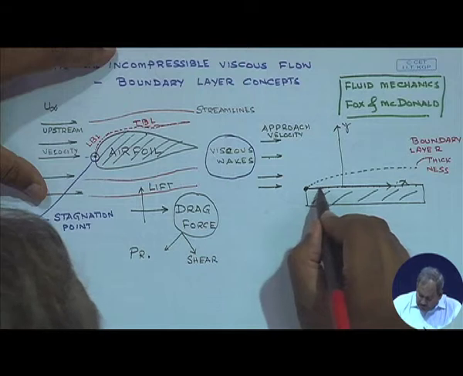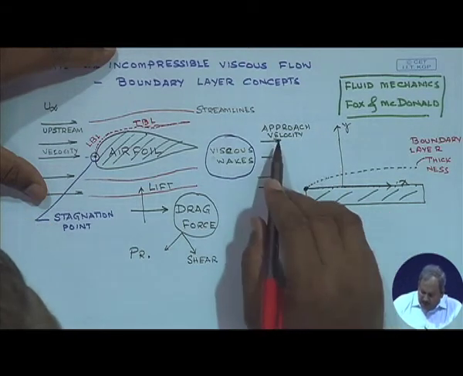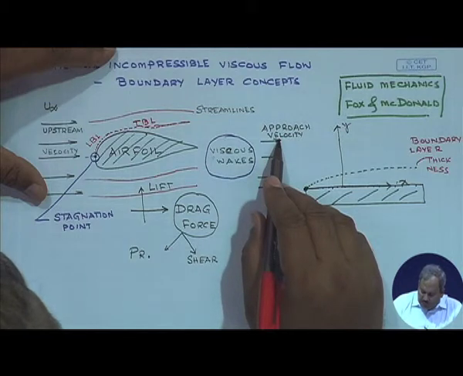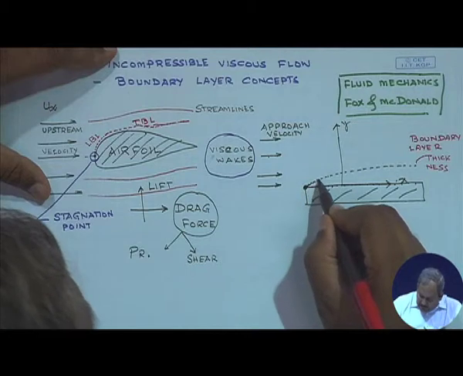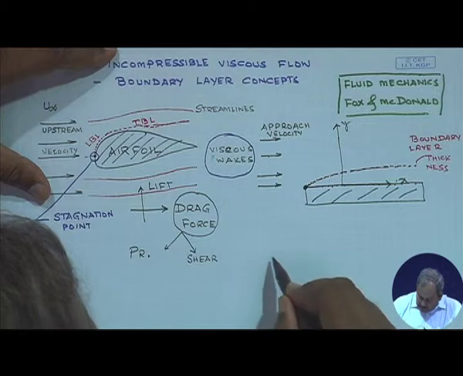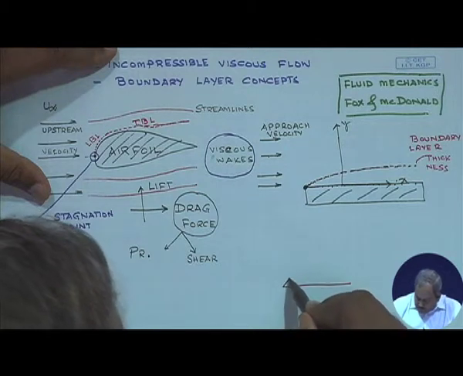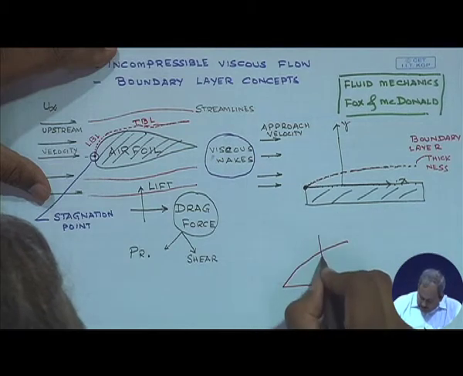So the velocity is going to be 0 here, and the velocity is going to be equal to the approach velocity in this case. So the imaginary layer is known as the boundary layer. So if I draw it, if I simply magnify this region,